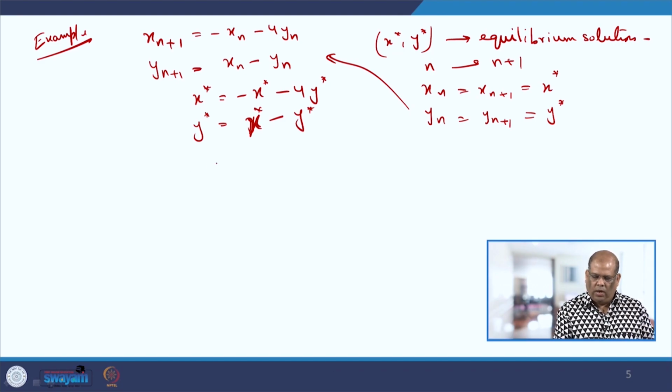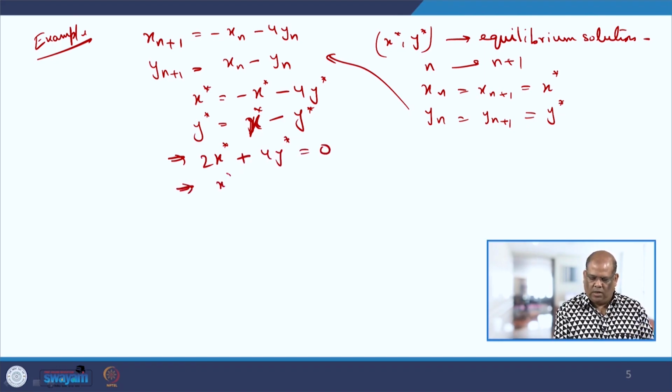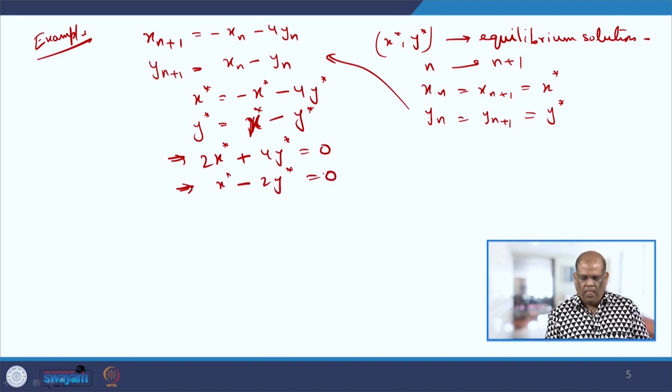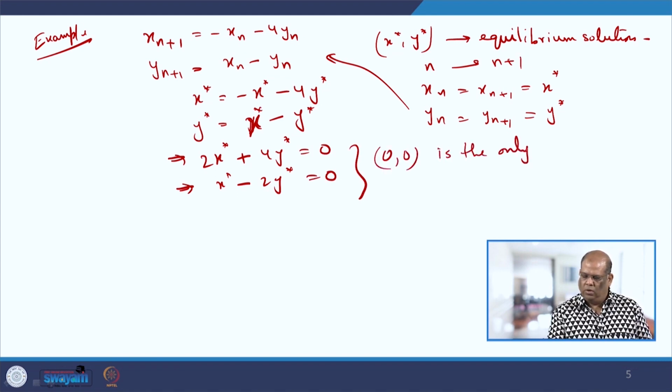So, this will give me 2x star plus 4y star equal to 0, and it gives me x star minus 2y star equal to 0. So, 0, 0 is the only solution